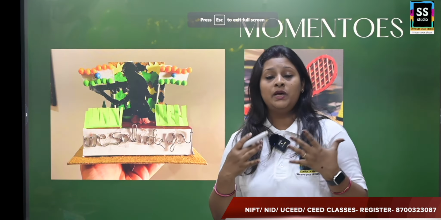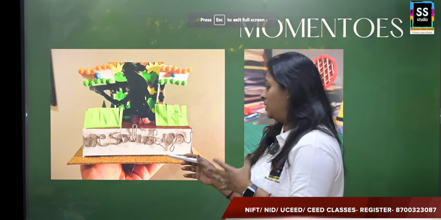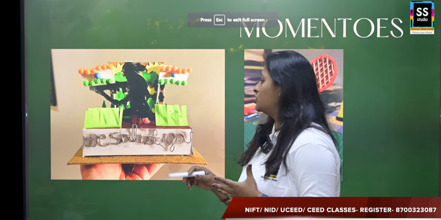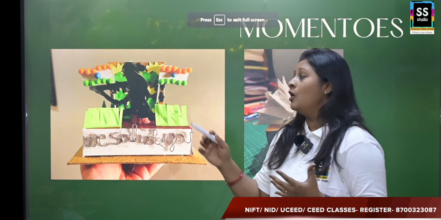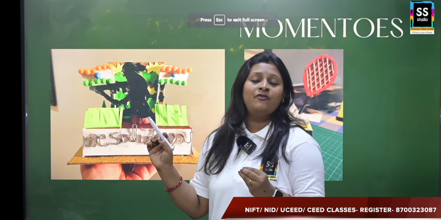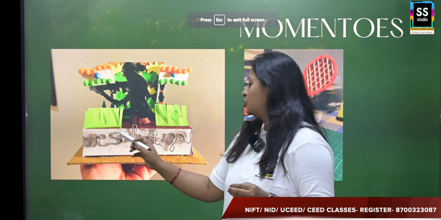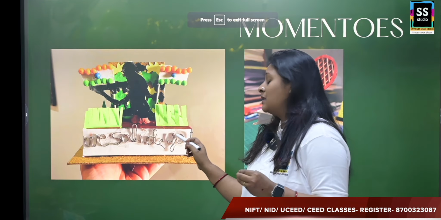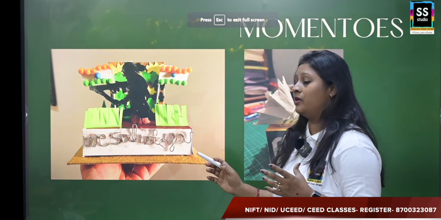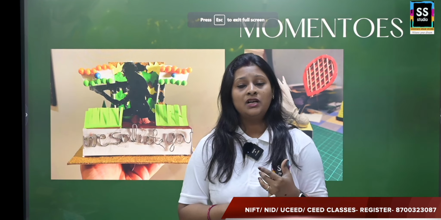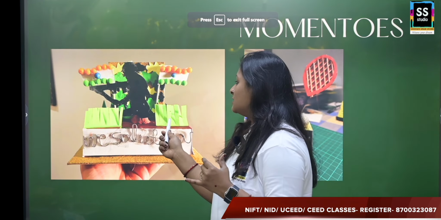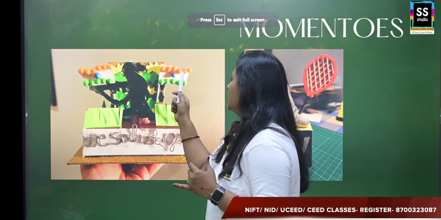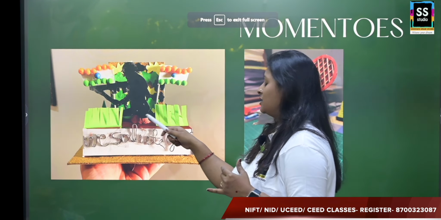You have to use various types of elements to depict that very theme. Like here the question was, you have to design a memento for the heroes of India at the border. So we salute you. This is being written with wire. Now why wire? Because you are not allowed to use pen or pencils over the model, and this is how the Indian flag and the army official have been depicted.